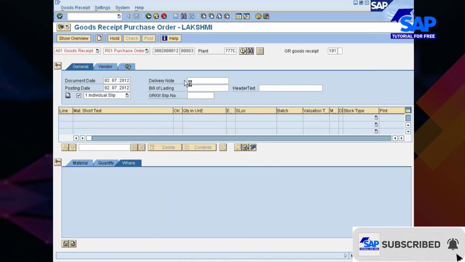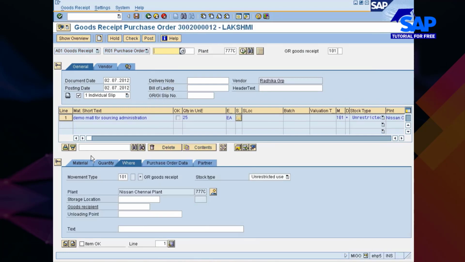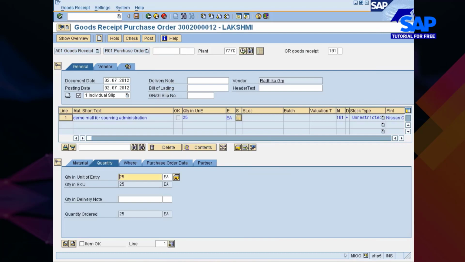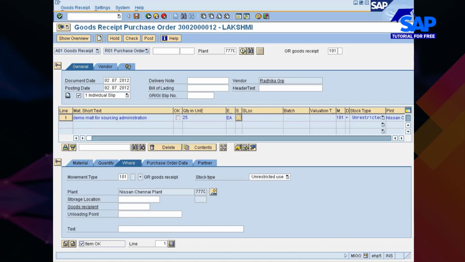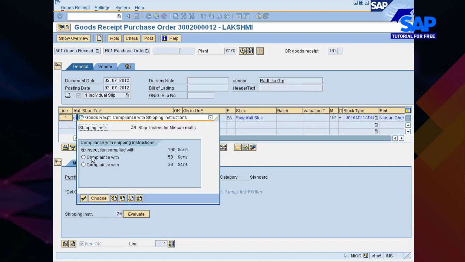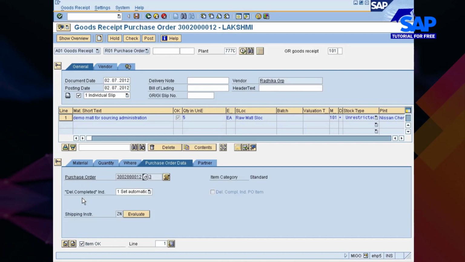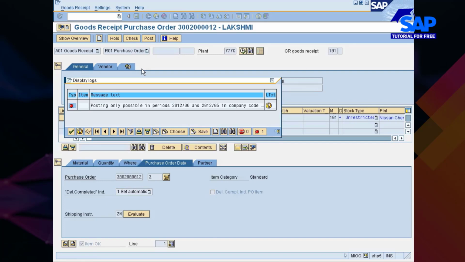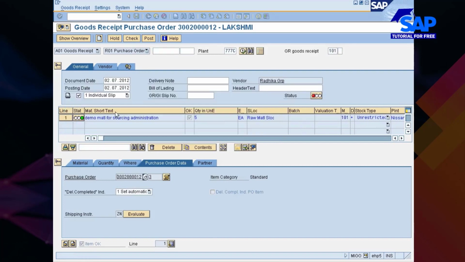Goods receipt. How much quantity? Quantity of 5 I am receiving. Item OK. Where? Into so and so storage location. Hit enter. Go with purchase order data. You check this one. Now you go and check. I thought of changing this one, but I did not.